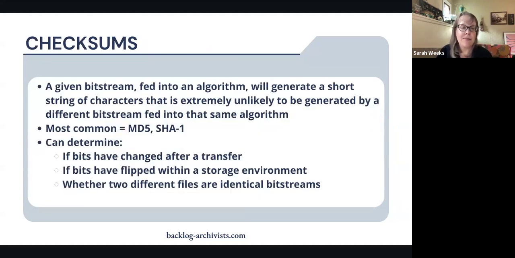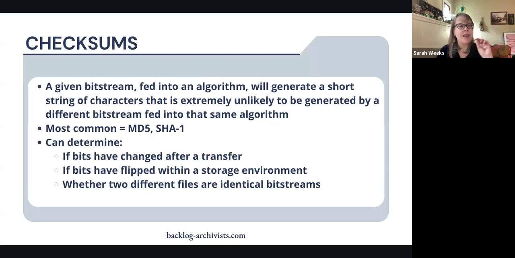Okay, so we know with BagIt where the checksums live. What is a checksum? It's a given bitstream, which is your Word document or your image or your movie, and it's fed into an algorithm. That's the program, whether it's BagIt or another checksum generator. And its function or purpose is to generate a string of characters that is unique. That's the digital fingerprint. And we save that digital fingerprint with the item and look at it later to see whether it's changed. Most commonly, they have names like MD5 or SHA1,